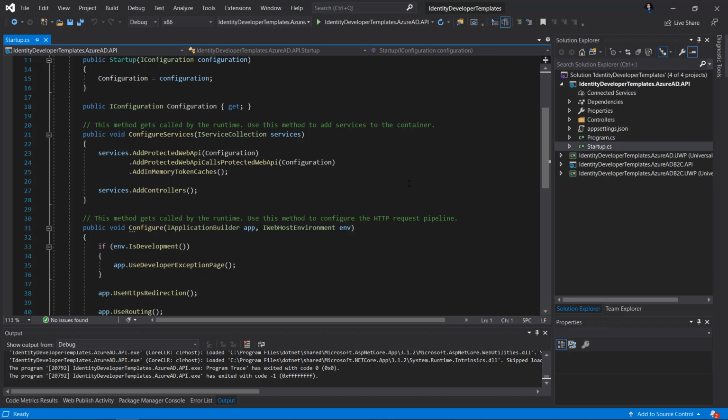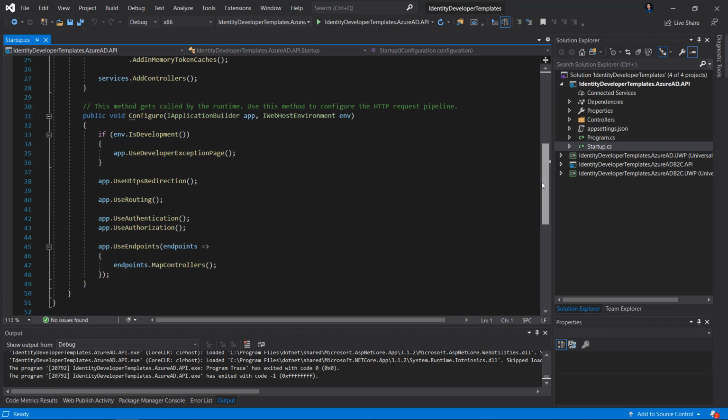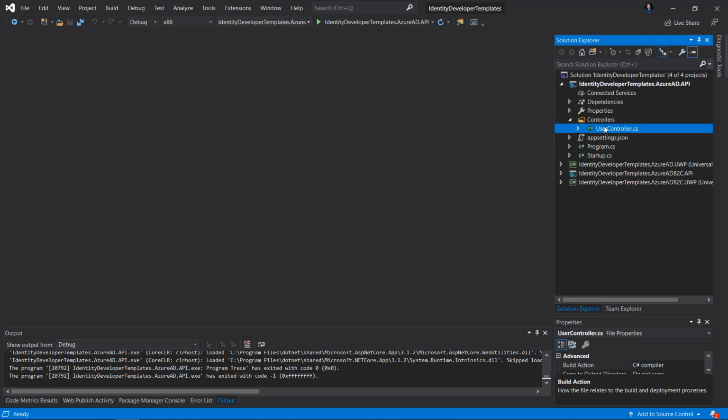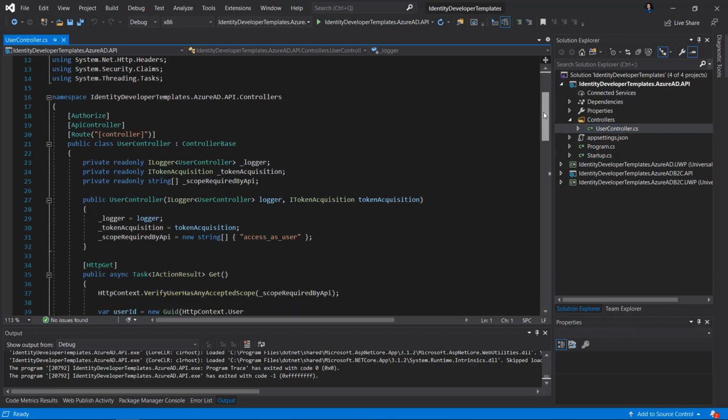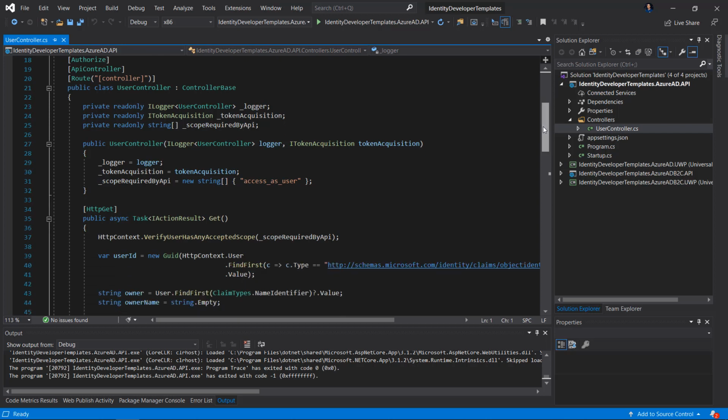And that's it. Below, for ASP.NET Core, we also have to add those two lines: app.UseAuthentication and app.UseAuthorization. And that's it. Now, when I open the controller, the user controller in this case, we can see that there is an Authorize attribute. And inside this controller, I have a private field, the ITokenAcquisition interface used here,